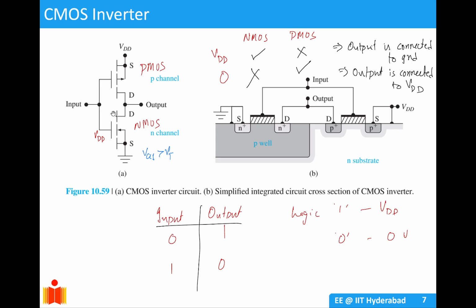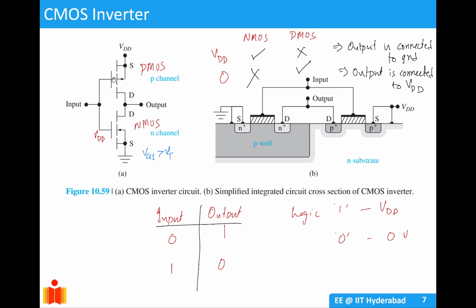This is known as your CMOS inverter. That is a connection between your PMOS and NMOS device. We have studied that in NMOS the source is connected to ground, and in PMOS the source is connected to VDD. By doing that, you can apply the same gate voltage to both of them, and due to this,